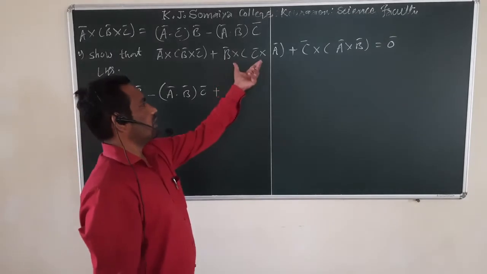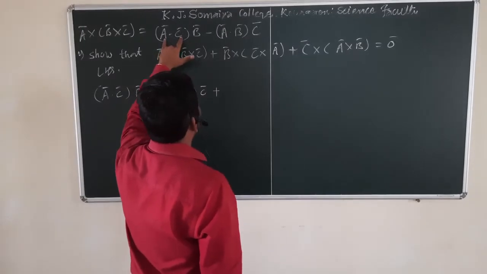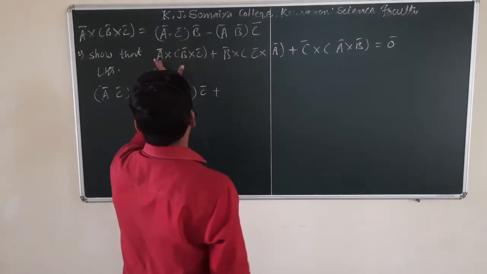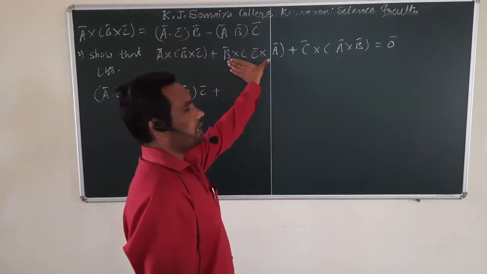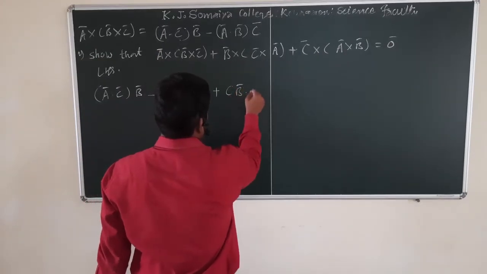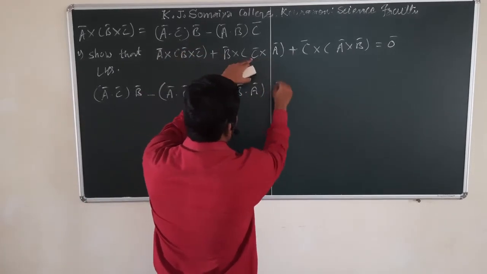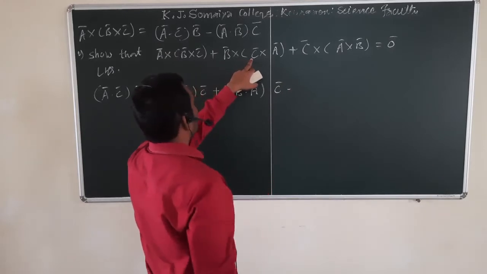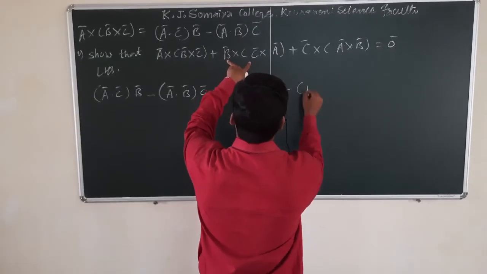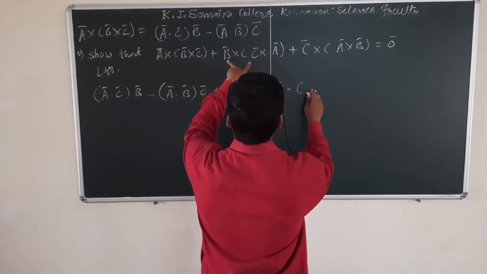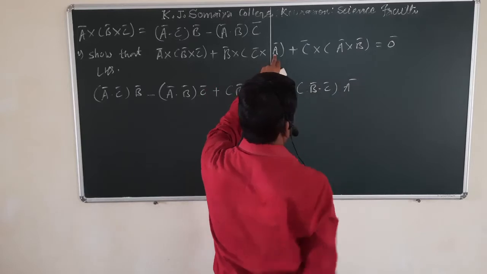Now to solve the next vector triple product using this formula, we take the dot product of first and last vector. Here first and last vectors are B and A, multiplied by the middle vector C, minus the dot product of first and second vector, B dotted with C, multiplied by the last vector, which is vector A, plus